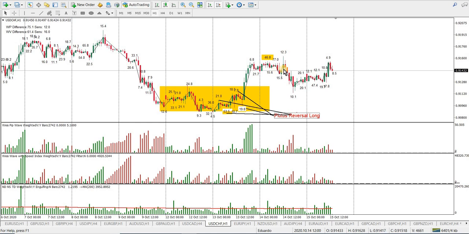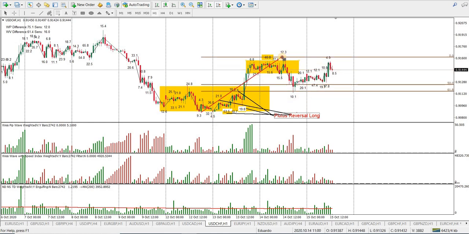So we're probably going to retrace down. And this is exactly what happened. So this is our range. We break, we start going down, and then we hit what? This is some kind of level. Let's see what that is. It's probably a fib. Okay, and this is exactly a fib area. So our first target will be always a fib area, and then we'll see if it will continue.